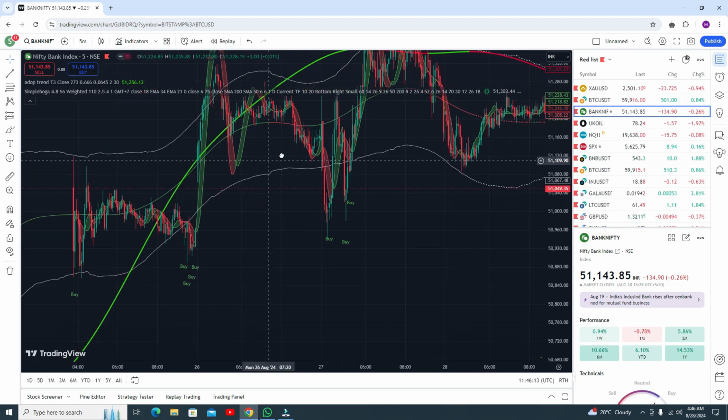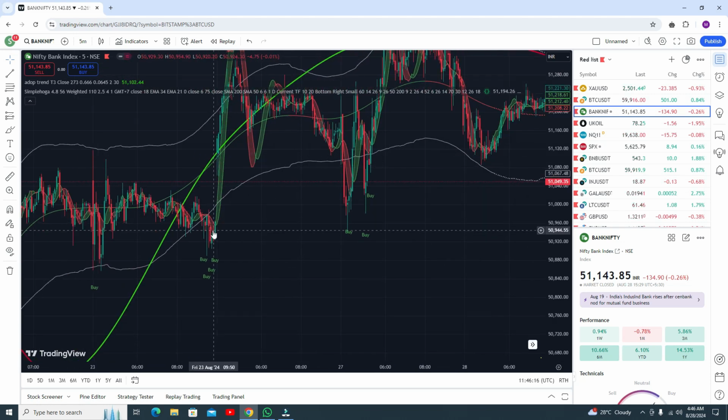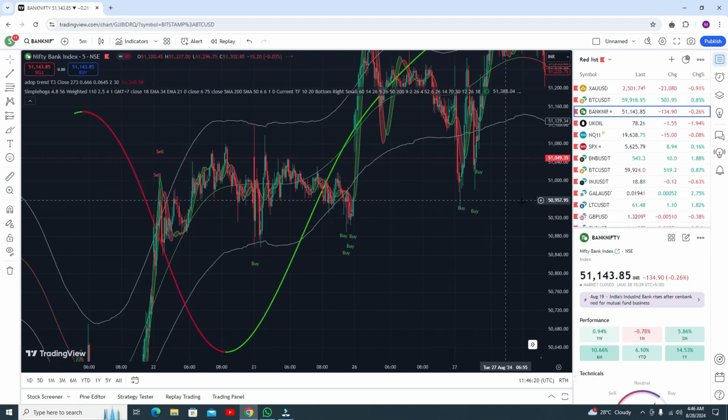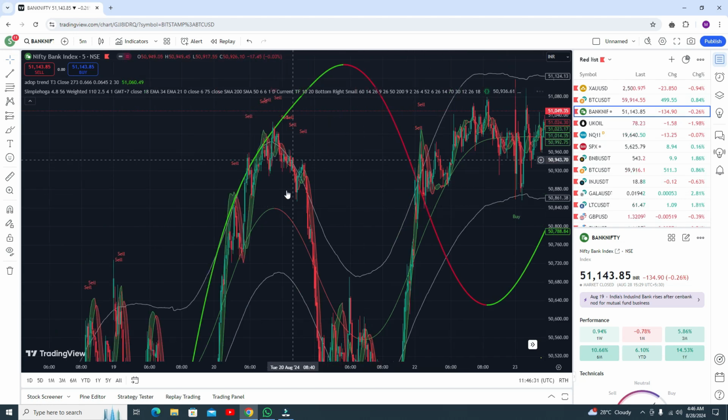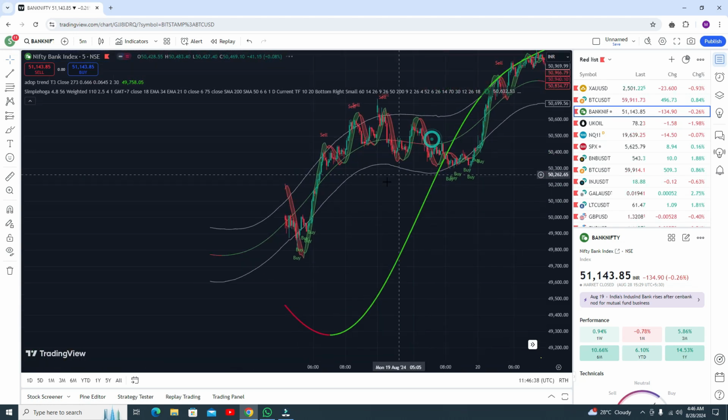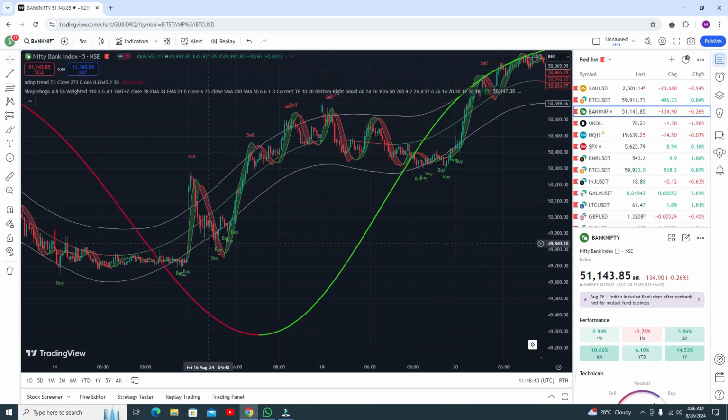Okay, let me show you some more results. Here you can see buy trade and it's profitable, buy trade and it's profitable. Okay, and if you go for the sell trade from this point, you need to exit your trade at this point, or you can book your profit here, a very small profit maybe. Okay, and this one is your sell trade. Okay, and you can see you are getting awesome results. This is your buy trade, and you need to exit your trade. Okay, and so on. Here you can see this is again your buy trade, profitable because the adopter line is crossing the lower band line, so you can go for the buy trade.